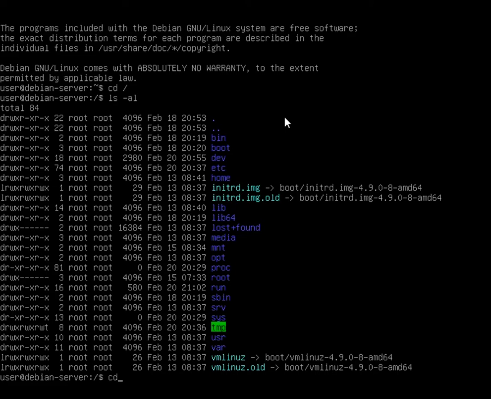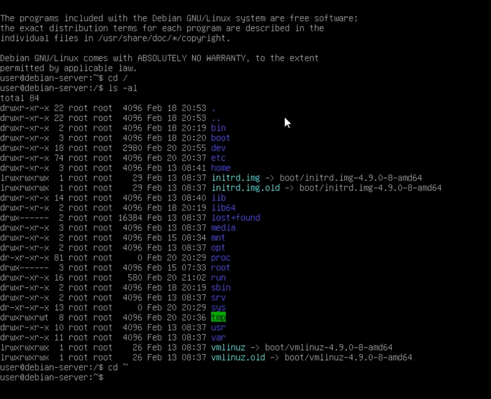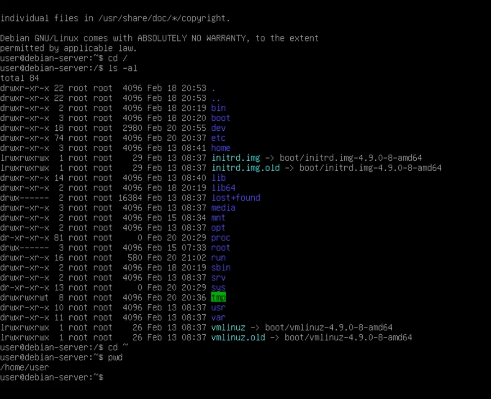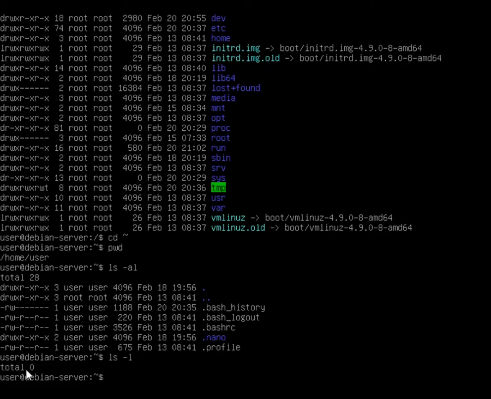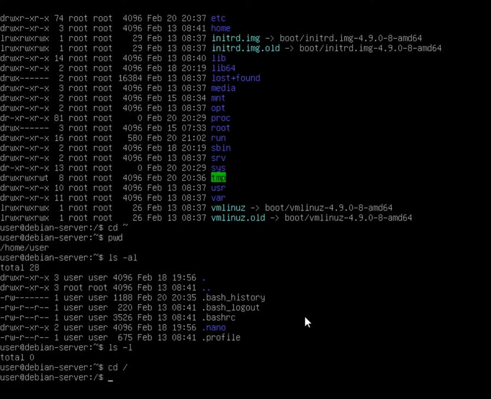And if I go to my home folder, which is a tilde, which now is /home/user, you'll see everything begins with a period. So if you just do ls -l, well, you'll see nothing, because there is nothing that is not hidden in this directory currently. Okay, well, I'll go back to the root of the file system here, and let's say I want